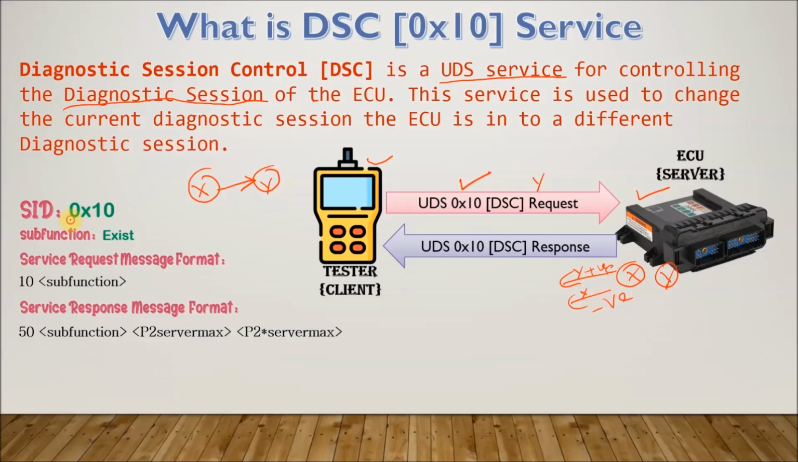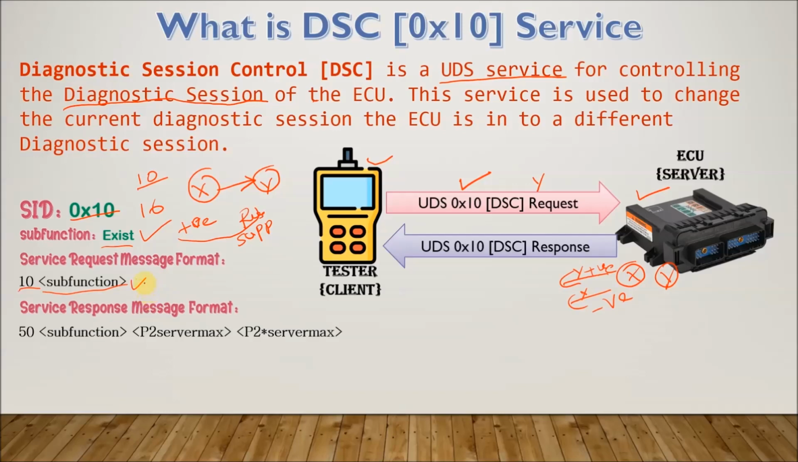Then the SID, the service ID for this, is hexadecimal 10, not the decimal value 10. Remember that it's hexadecimal. In decimal, this value will be 16. Okay. So it's hexadecimal 10, and this has a subfunction present in it. The service request message format is the 10, which is the SID, and we will send a subfunction. The subfunction denotes which diagnostic session you are trying to move to. Each diagnostic session will be assigned a particular subfunction, which will be used in the request message